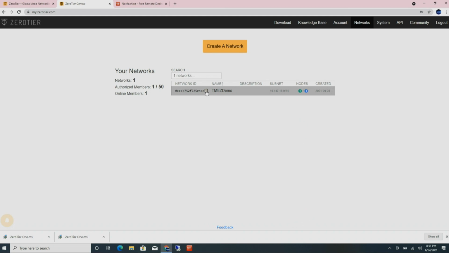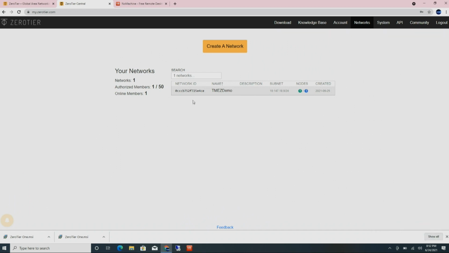And again, what we need to do is copy this network ID. So we're going to copy this, go back to ZeroTier, and it might seem like it's a lot of steps, but it's really not. You just do the same step on each computer that you want to access outside your network. And again, you only have to do this if you're going to try and access one of your computers from outside your home. So we're going to say join network, and we're going to go ahead and paste that network ID in here,